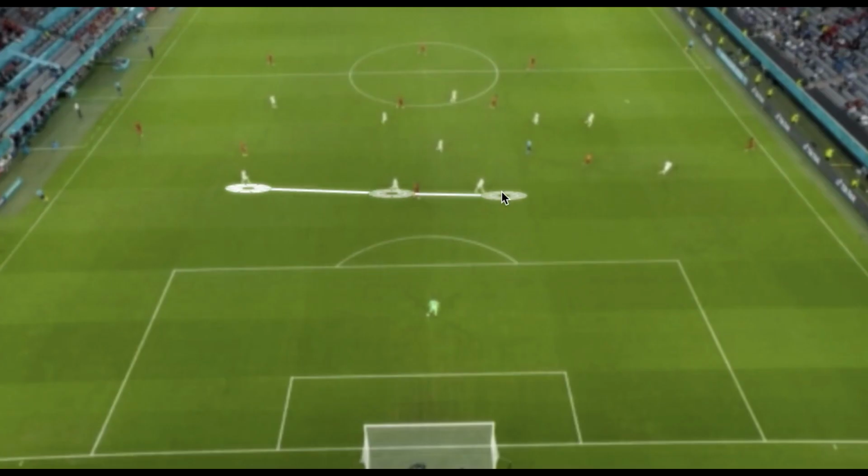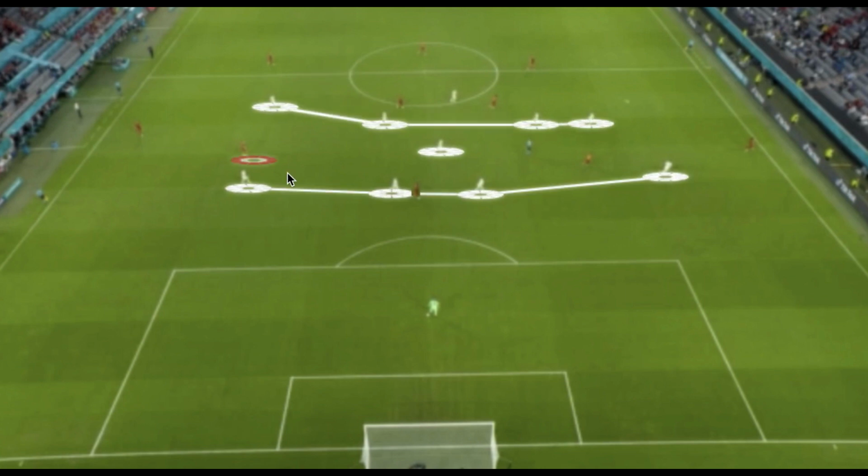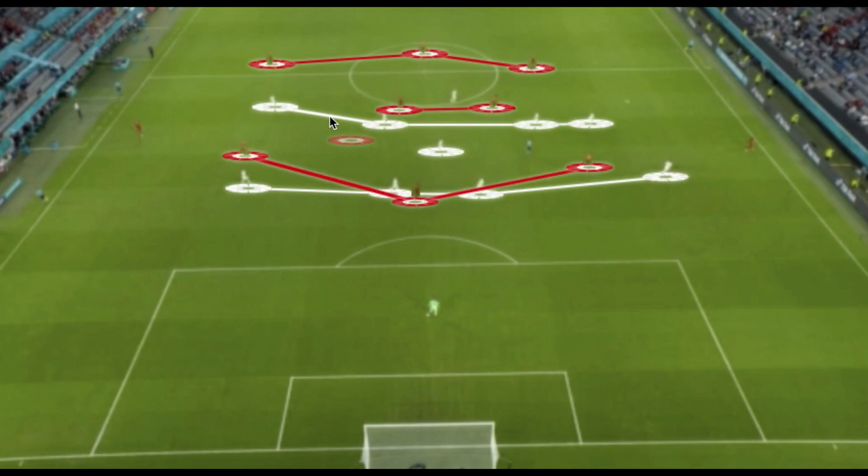So here's a perfect picture of the Italian 4-1-4-1 shape, and this is compared to the Belgian 3-2-4-1 shape with 3 central defenders, 2 holding midfielders, and attacking midfielders trying to play between the lines and break the Italian defense, which I thought they could have done more of. They did have their chances in the match, but with the amount of space and with Jorginho playing between the lines, I felt that this space could have been exposed because of Jorginho being somewhat of a liability in the